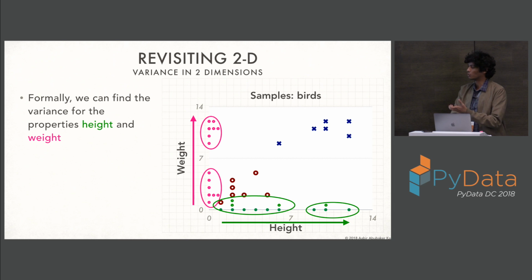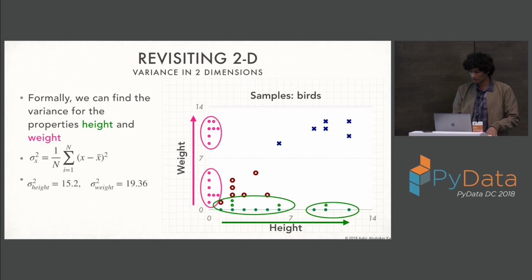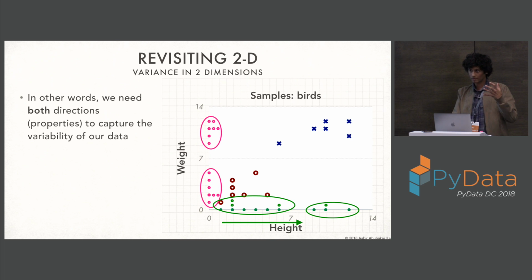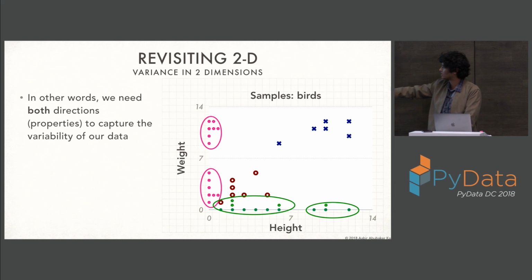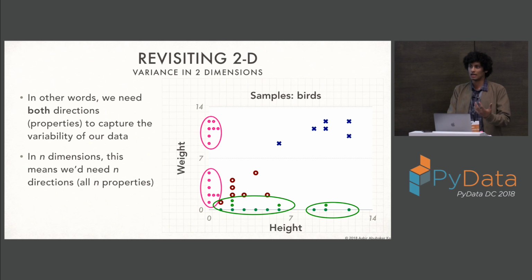So let's look at the actual values of variance for height and weight. That's the formula that you might have hated at some point. So the actual values along the height axis and the weight axis are about 15 and 19. And now I want to take you to, instead of using both of these directions, how we can even use an arbitrary guess for some kind of incline that might be explaining this data, which would allow us, when we generalize it to higher dimensions, to actually not use all of our 100 columns, but to say, hey, you know what, these are the ones that kind of matter. And in fact, not just these ones, but these ones in a certain combination, which is what you mean by an angle or a direction in space.